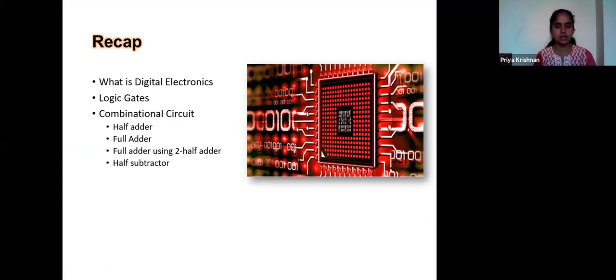For the past two sessions we discussed what is digital electronics, what are gates, and what are the different gates. The basic element in digital electronics is gates. Then we discussed different expressions, which are called Boolean expressions or logical expressions of the gates. We discussed AND gate, OR gate, NOT gate. I hope you all remember what we discussed. So with the background of those inputs, we will move to today's class.